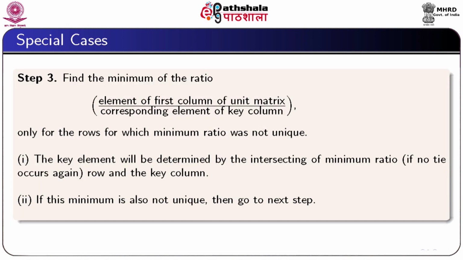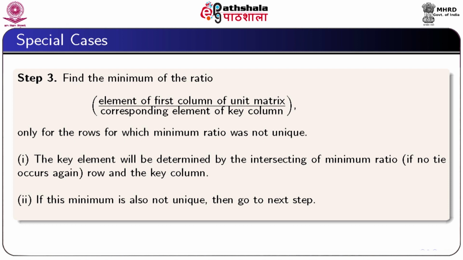Next, find the minimum of the ratio like this: element of the first column of unit matrix divided by the corresponding element of the key column, and this can be done only for the rows for which minimum ratio was